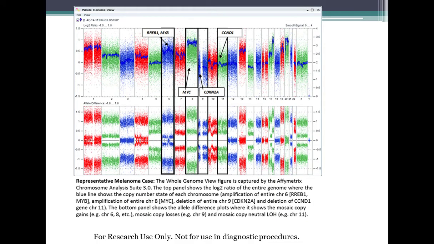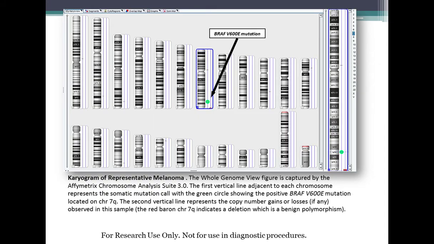Just to give an example of how a whole genome view would look on the OncoScan FFPE assay. This is an example of a melanoma case which shows the gain and loss in the critical genes which are usually abnormal in melanoma.